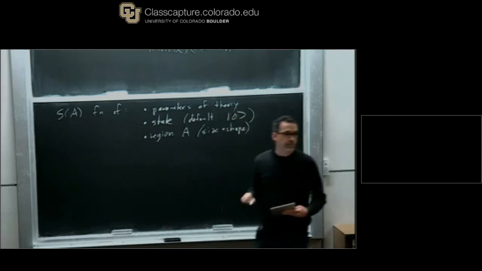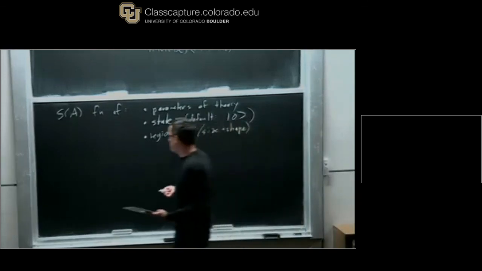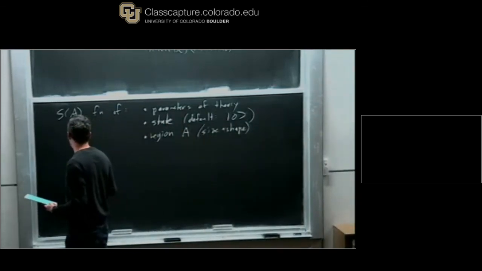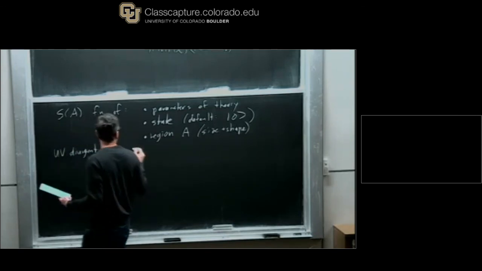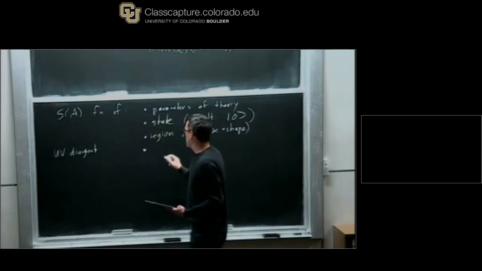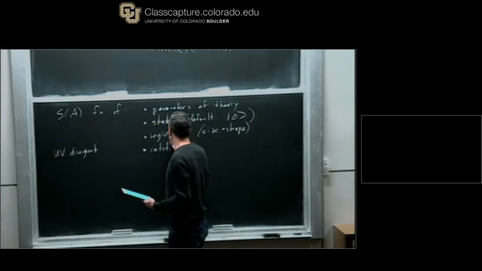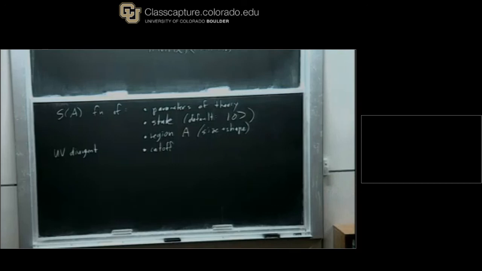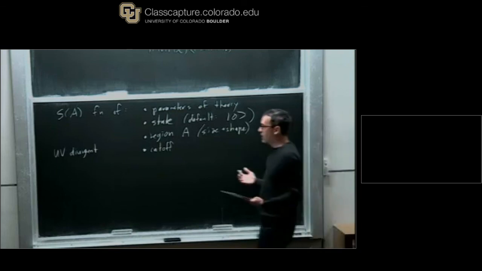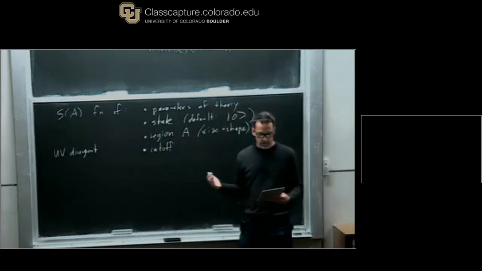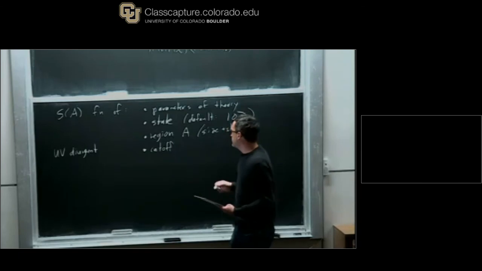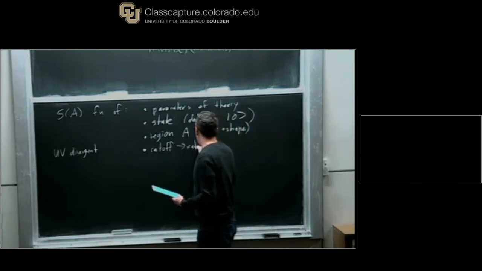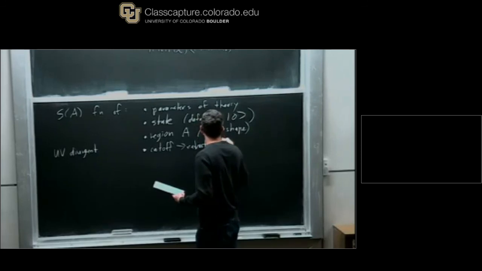And then the other thing that we'll find is that, like many things you would compute in quantum field theory, it's UV divergent. And we'll look at the structure of the divergence. Unfortunately, it depends on your cutoff, which usually we're not so interested in when we're talking about properties of a field theory. We kind of want to get rid of the cutoff dependence. Okay? And so we're going to see how to extract physically meaningful cutoff independent